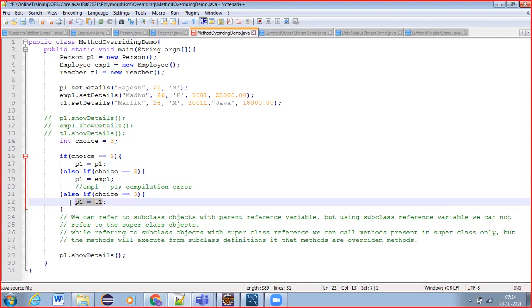That is permitted, but the reverse is not permitted, meaning emp1 equal to p1 you cannot do. Very important and very useful point that you need to remember, guys.